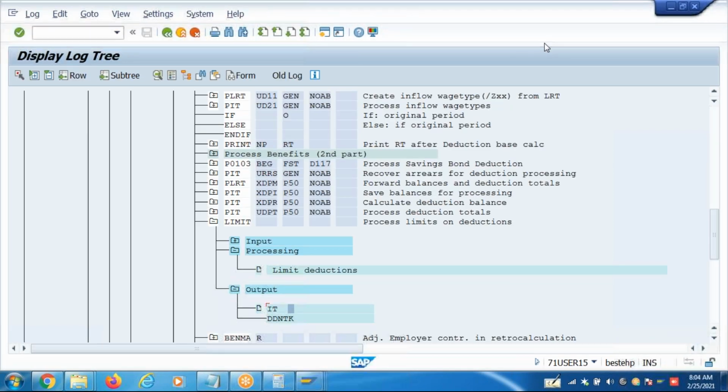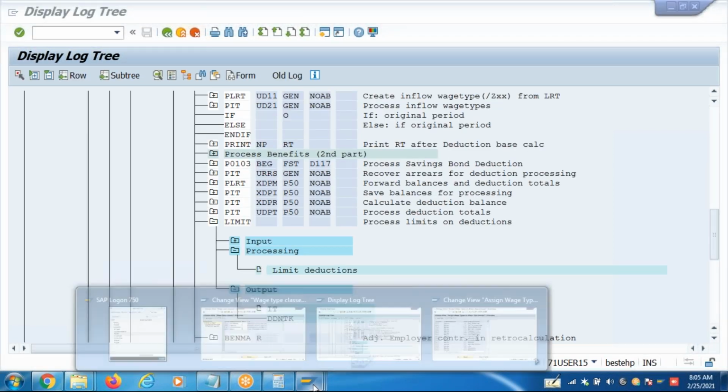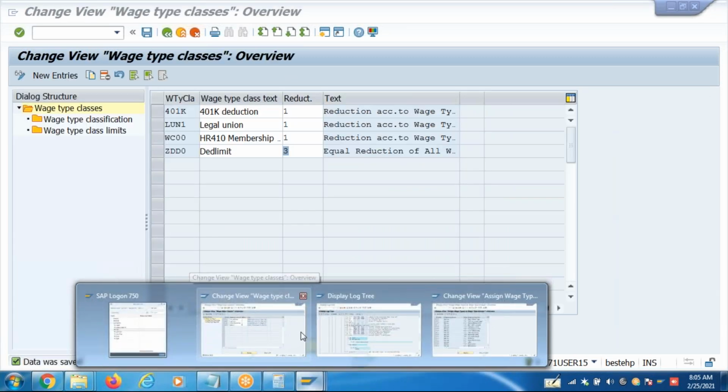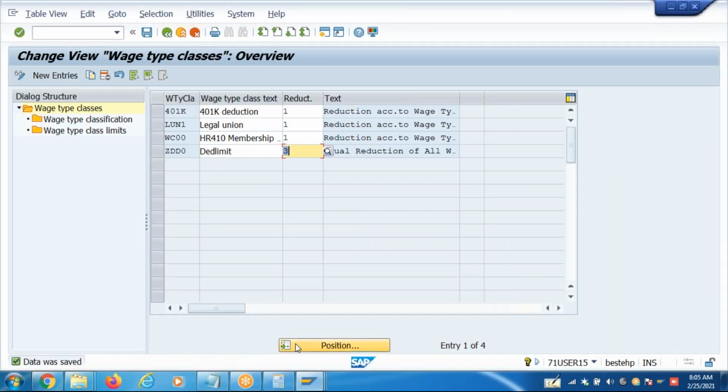So what about renaming the deductions? Suppose in the subsequent month, I don't want to apply the limits concept, or I want to have different characters in V_T51P6, or I want different limits processing in the subsequent month.